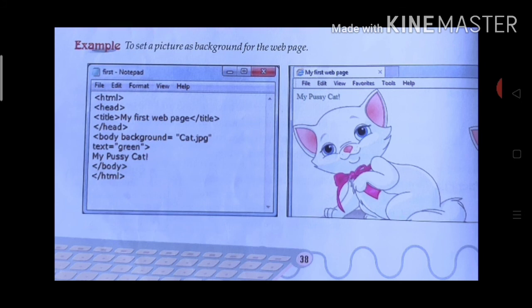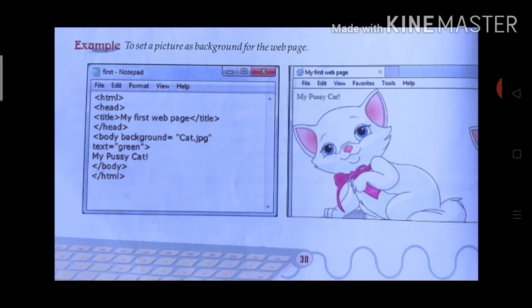Then body background is equal to cat.jpg, meaning this picture should be available in your computer, or you can use another type of picture from your gallery or your hard disk. But you should know the path, meaning the steps and where it is located, and that same name you write here, so that it is interlinked.